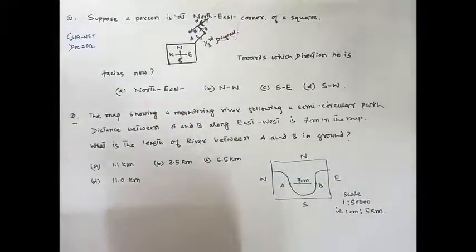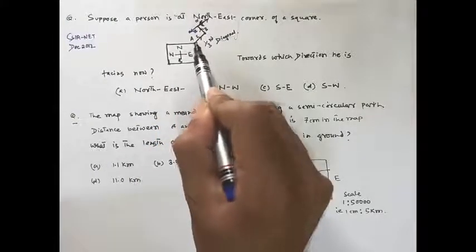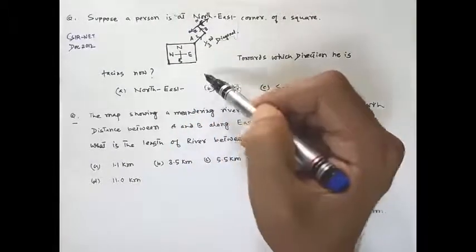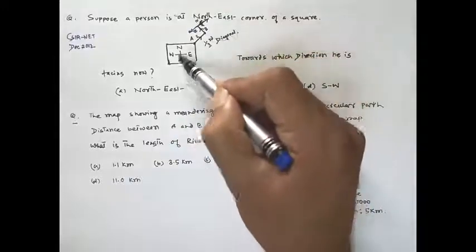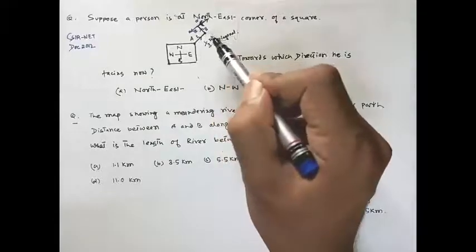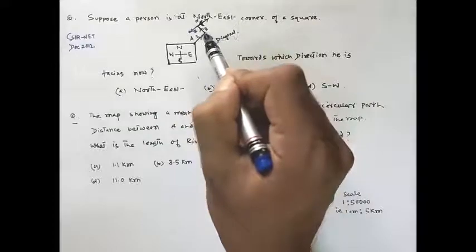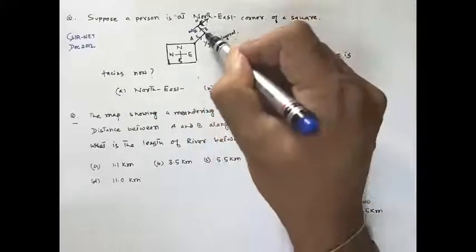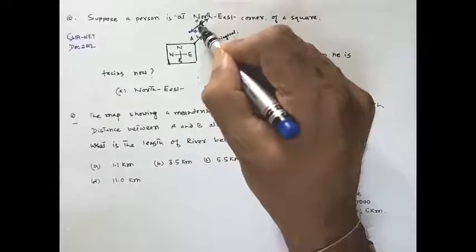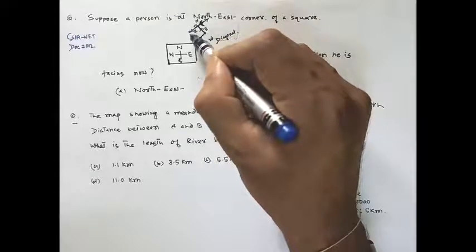In this question it is said that there is a square field, and there is a point A at the square. A person started moving along the northeast direction from point A along the diagonal. After going 1/3 of the diagonal, at this point he turned 90 degrees left. He goes for some distance, and again he takes a 90-degree left turn, that is anti-clockwise up to 90 degrees.